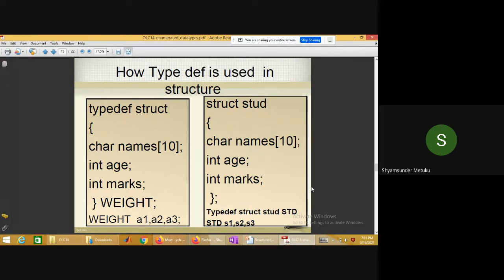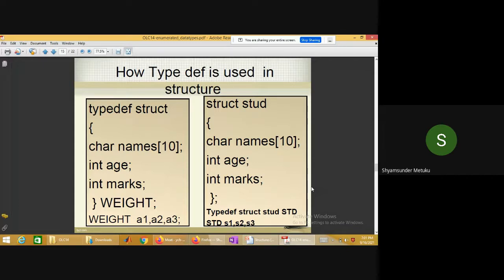In that case also, generally we use, as you can see on the right-hand side, the bottom second line: typedef struct student std. It indicates that struct student together is replaced by std.